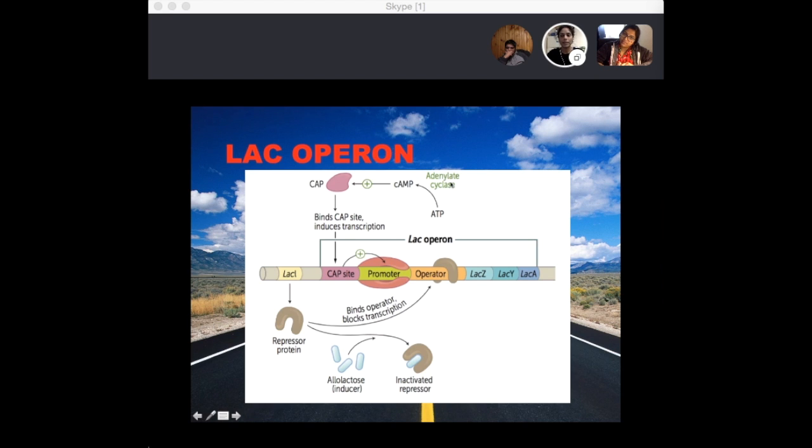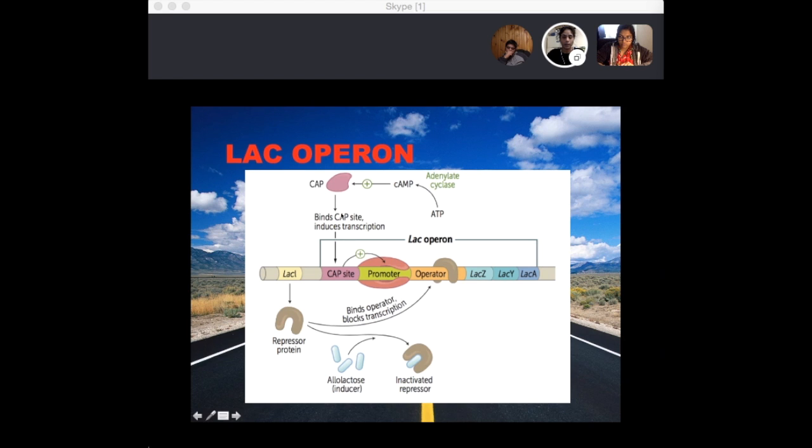Okay, so the first enzyme that's needed in order to begin lac genes transcription is going to be adenylate cyclase, which is going to convert ATP into cAMP. And once we have cAMP, this is going to bind to this protein, which is CAP, or catabolite activating protein. And once this has bound,